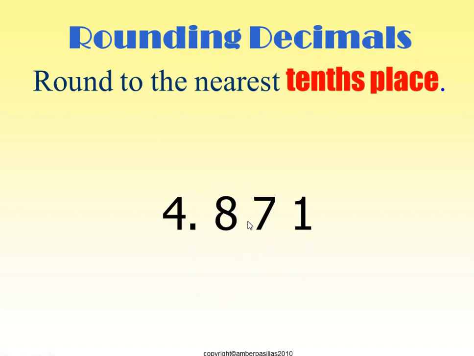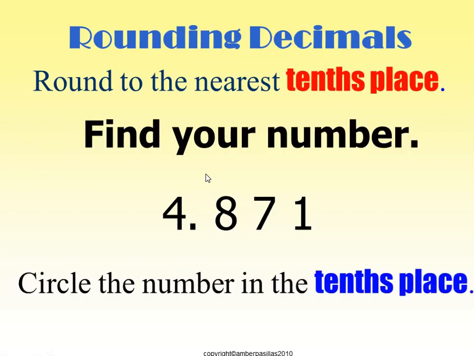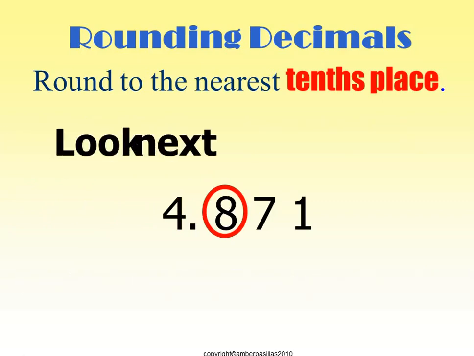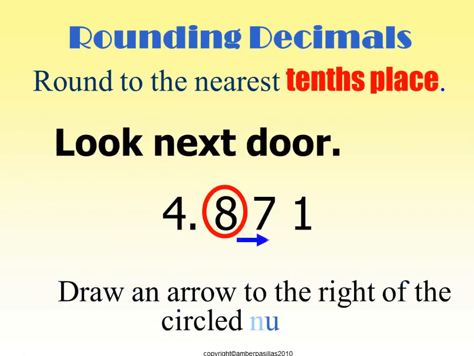Since the tenth place is immediately to the right of the decimal point, this is the tenth place, hundredth place, and thousandth place. So you will circle it, as you can see here, and you will look at the 7 and ask yourself, is 7 more than or equal to 5, or less? It's more. So what you will do, you will add to